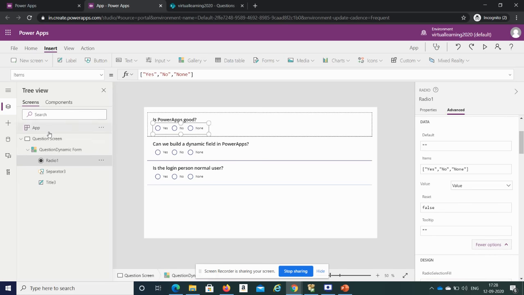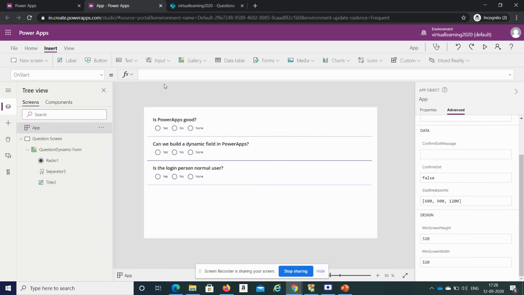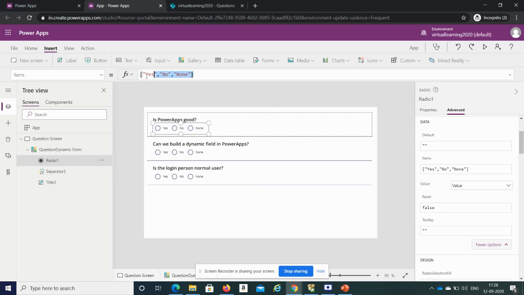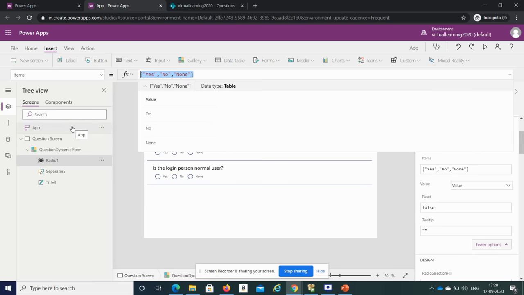You can define this at app level also. You need to define the same array that we have here, copy these things and put them into a collection.